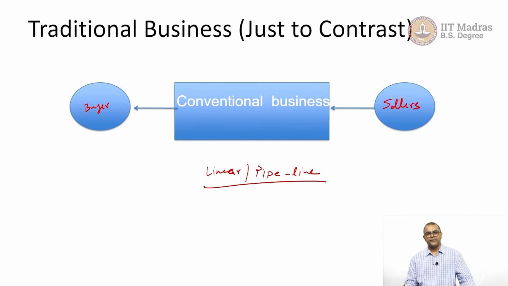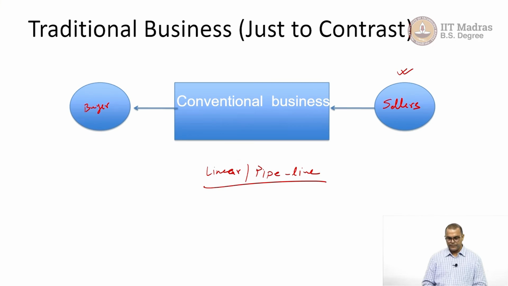I call him, I say, bhaiya, I have to go to the station, and he provides me the service. The thing is that he needs to own that taxi. If he is not owning it, perhaps someone else is owning it and he is getting a monthly payment. For simplicity, we can assume that he is owning it, and he is providing that service to me, and I am buying.